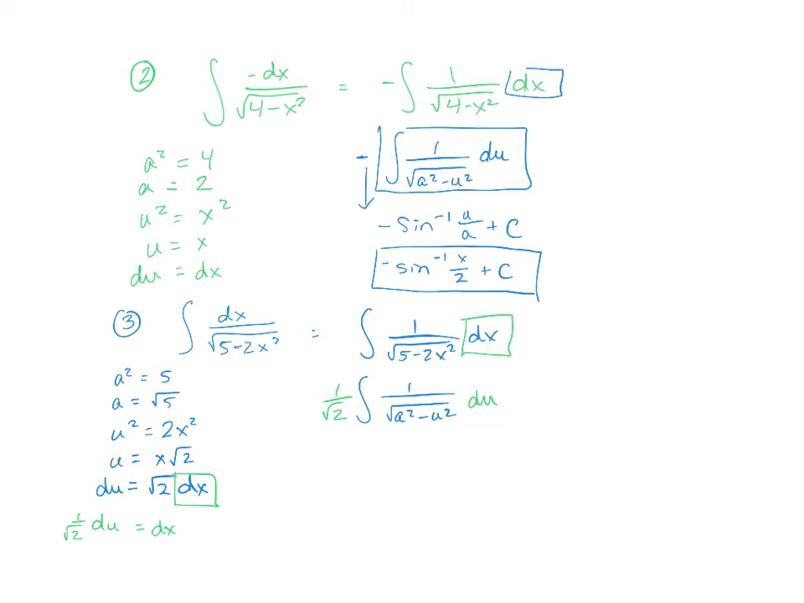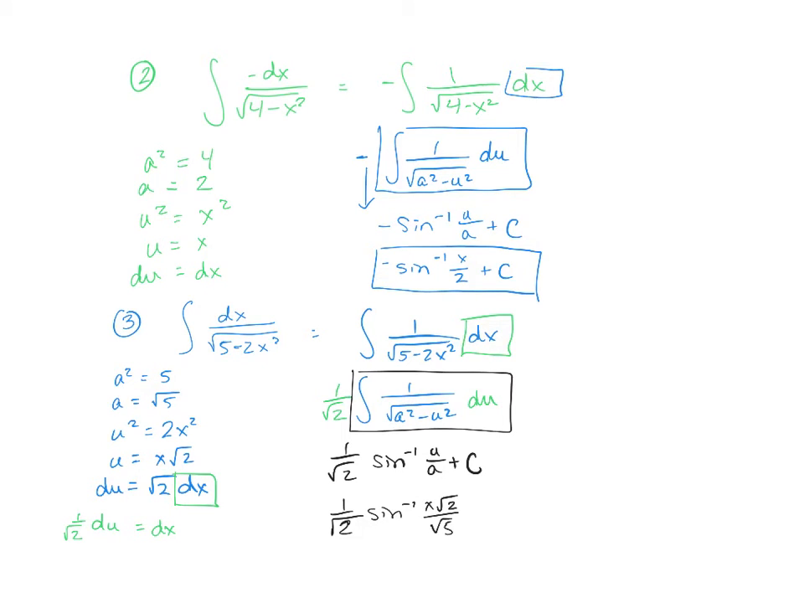So when I go through this, again, this is my inverse sine function of u over a plus c, and I have that 1 over radical 2 in front of it. So let's replace u and a with what they are equivalent to. So u is x radical 2, a is radical 5, plus c. Now, if this was a short answer, that could absolutely be your final answer. But if this is multiple choice, and questions like this more often historically are multiple choice, we would probably want